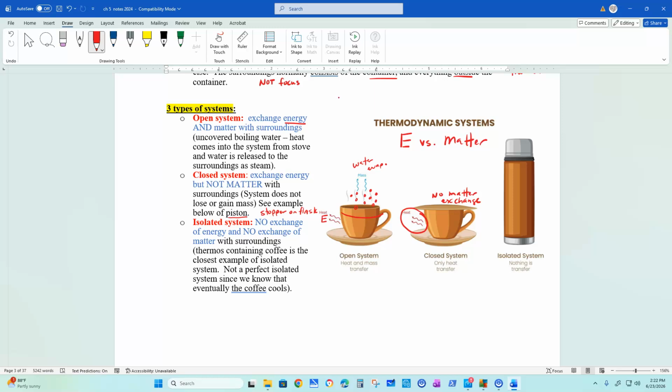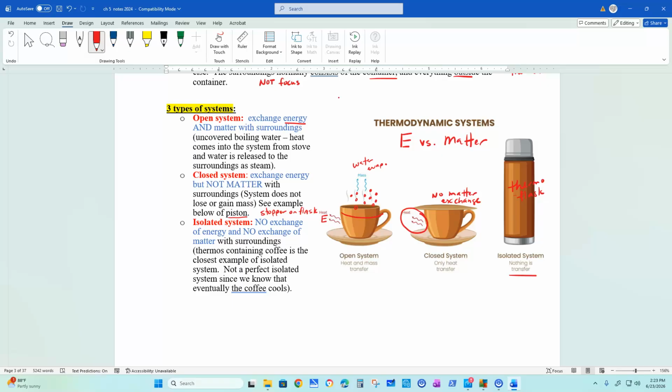The only one that does no transfer of any matter and no heat is something called an isolated system. Your guys' thermal flasks, Stanley cups, stuff like that. If you notice, you put ice in it in the morning, and usually when I go home and I'm cleaning out my flask, I still got a ton of ice in my flask. It's still cold. So sometimes people that live on the East Coast will put hot cocoa or some hot soup in there, still hot by the end of the day, okay?